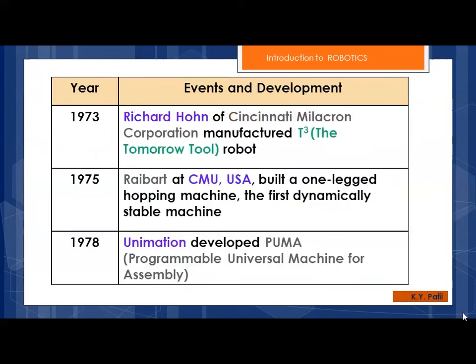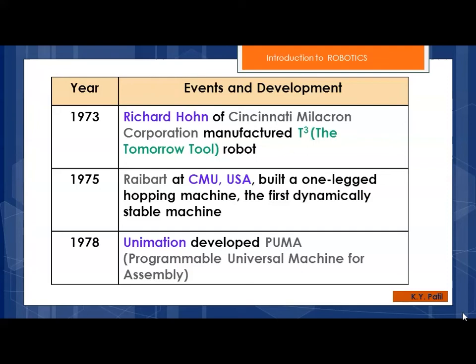Then Odex 1, another robot, was built by Odetics in the year 1970. Then, in the year 1973, Richard Hohn of Cincinnati Milacron Corporation manufactured one robot. The name of that robot was T3, that means the